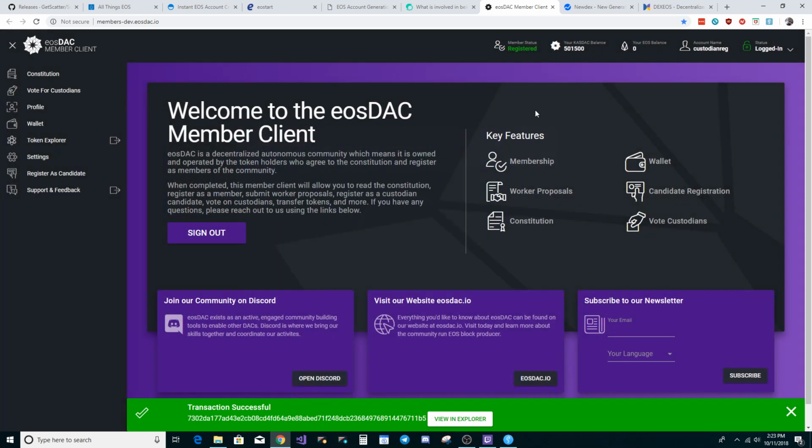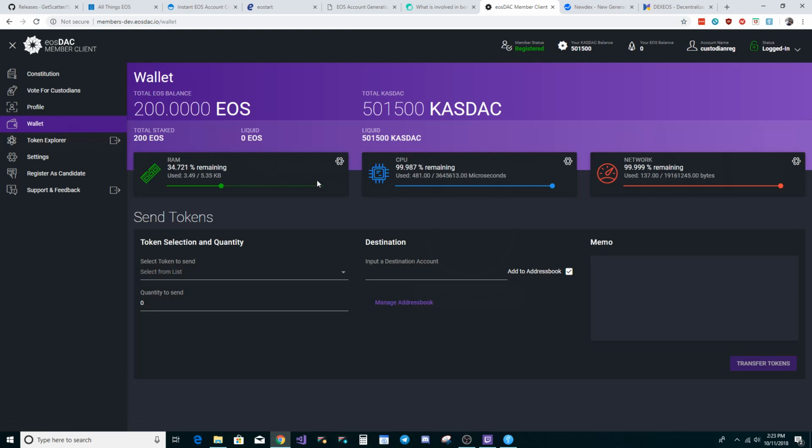Awesome, congratulations. At this point, if you have any amount of eosDAC tokens in your wallet, which you can view using the wallet tab over here, then you should have registered status as your member status. Now, if you don't have any eosDAC tokens, then this is going to say pending